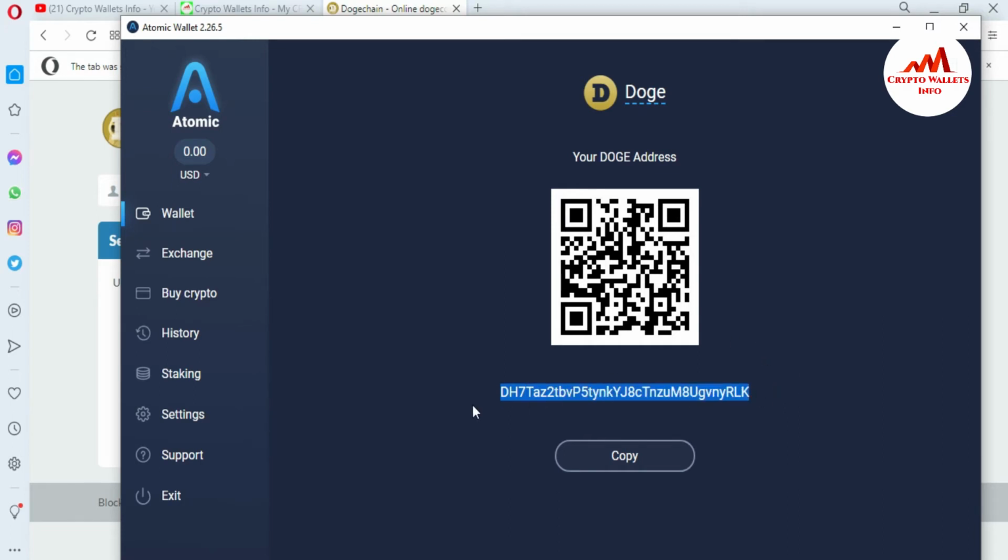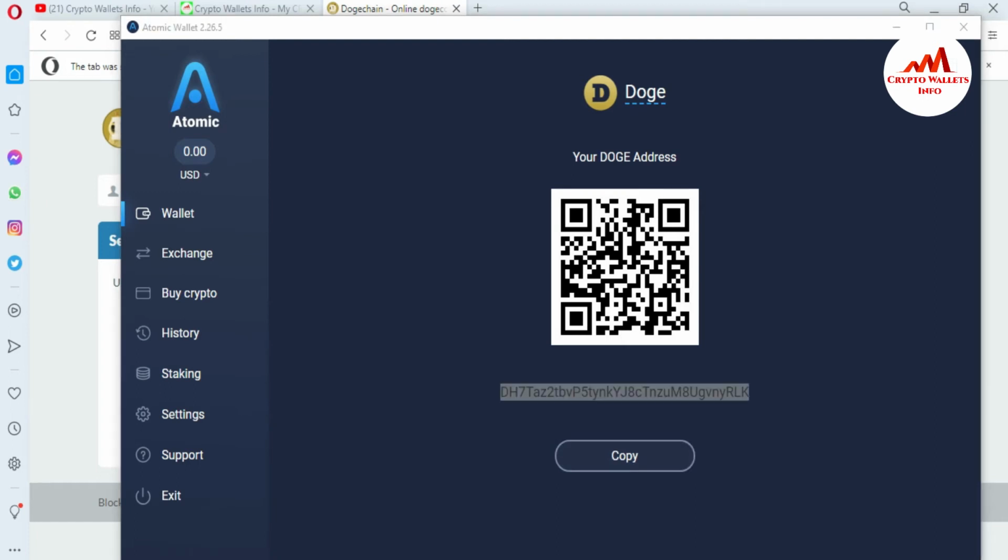And if you want to get the same recipient address on your mobile, you can see here there is a QR code. You simply go to the Google Play Store and type QR code scanner and download the application. After that, when you open the application, your mobile camera will open and you can easily scan the QR code and you will get the accurate wallet ID on your mobile. So now I'm going to copy this wallet ID.